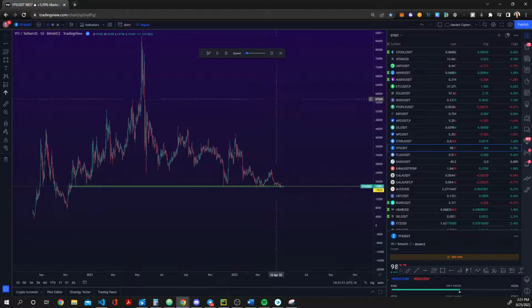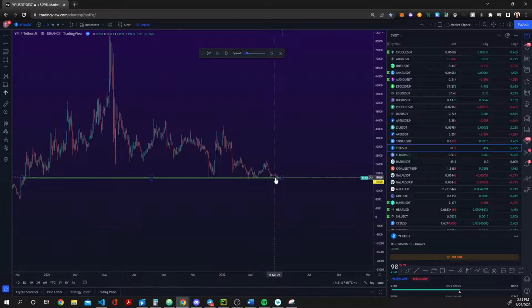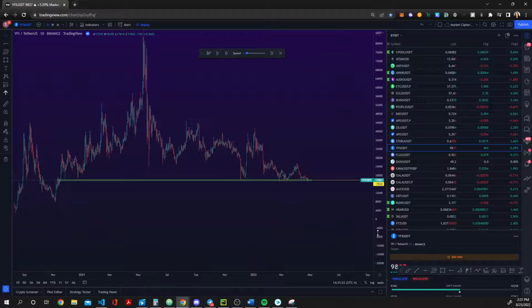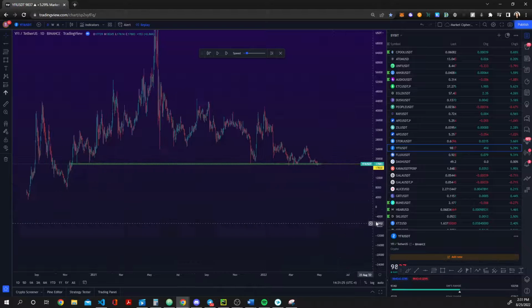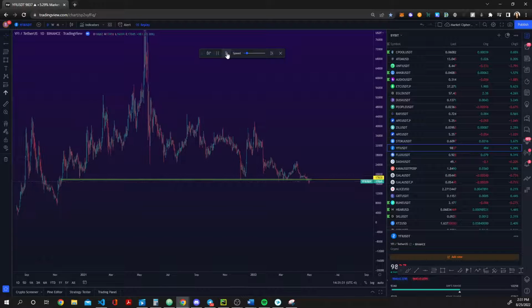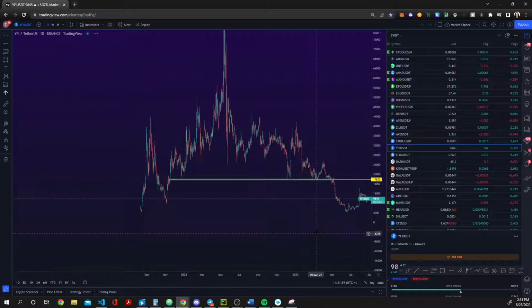A few members, not a lot, because this coin's not really that popular, wanted to enter Wi-Fi, right? And for me, this would be a very important support that shouldn't really break for me to still feel well about entering the trade. So let's see what happened after. So we had the breakdown, we had the retest, and we failed the retest, right? So we saw price go up here and get rejected. Now let's see what happened way after.